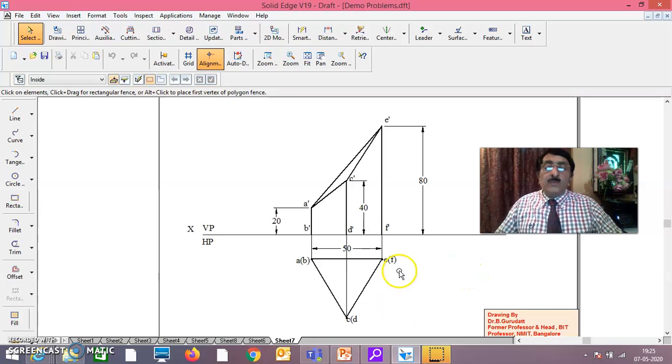Now we have done the front view of the 3 poles, that is A dash B dash, C dash D dash, E dash F dash, and the top view also.